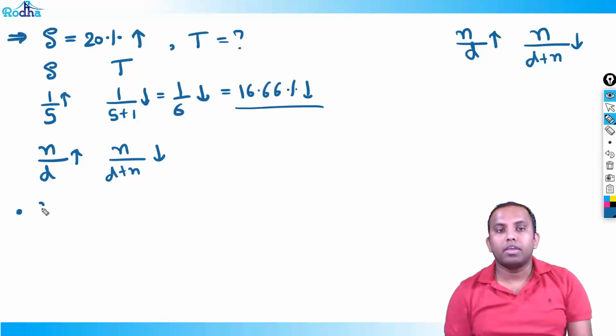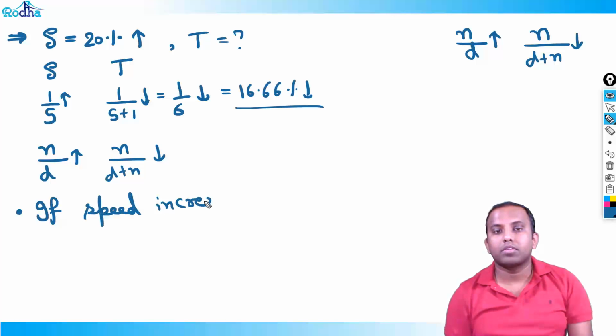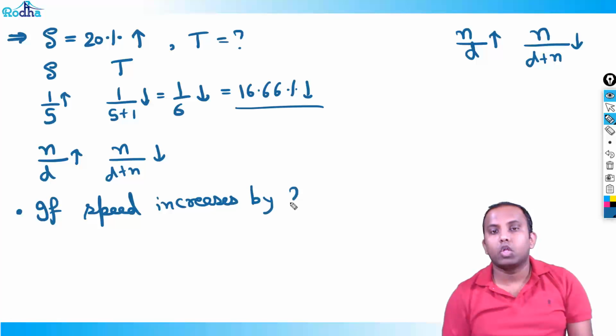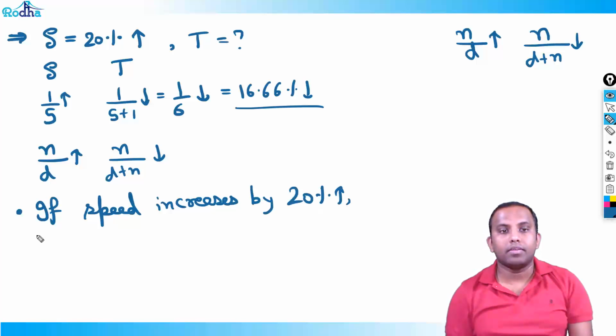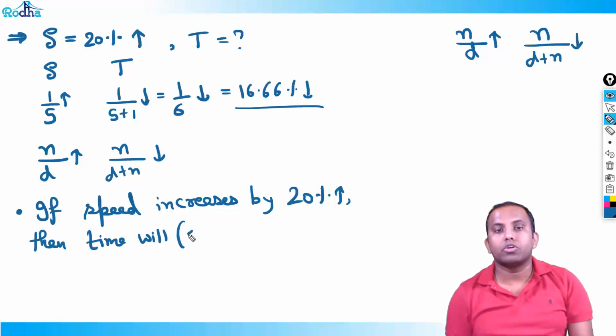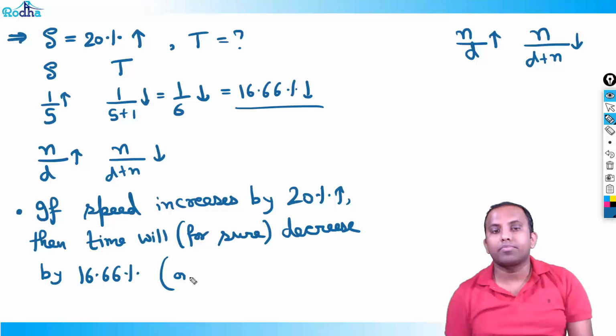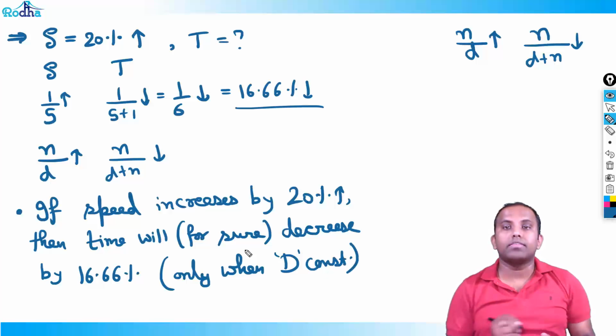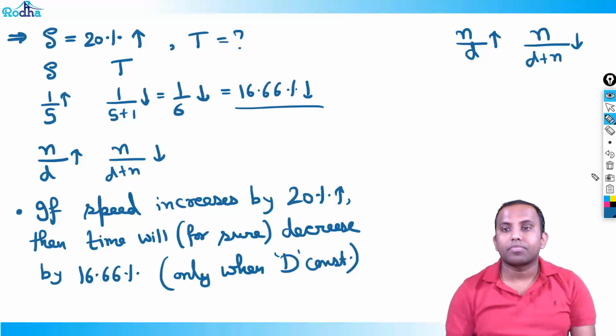Write this statement here. If speed increases by 20%, then time will for sure decrease by 16.66% only when what? Only when distance is constant, right? This is only applicable when distance is constant. When distance is constant, right? Okay. Similarly,